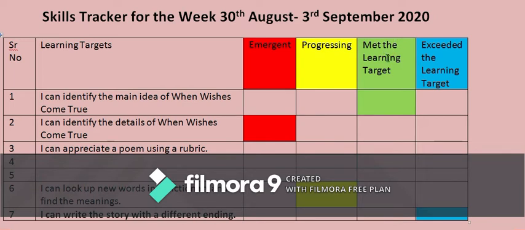Then you may say met the learning target. That means the curriculum target has been met by you. You're quite confident that if you are challenged with that skill, if you're given a task based on that skill, you can do it very well, scoring 100%. And this extended skill I have already explained to you. This is optional. Anyone who is attempting the extended learnings can go ahead and create an extended learning column. It is not compulsory for all.